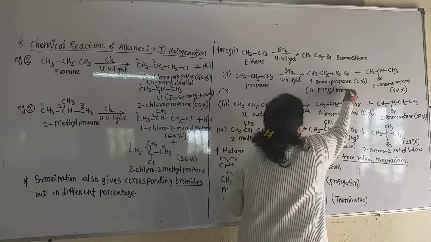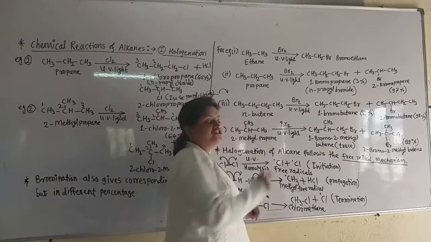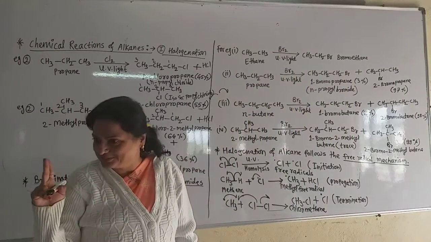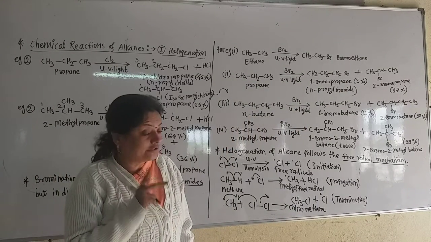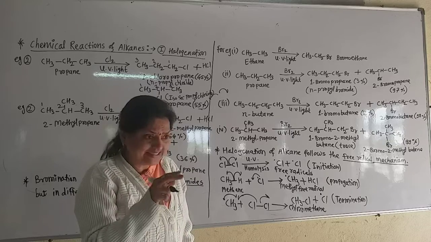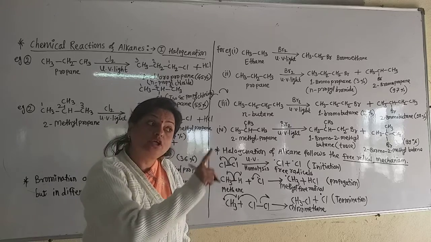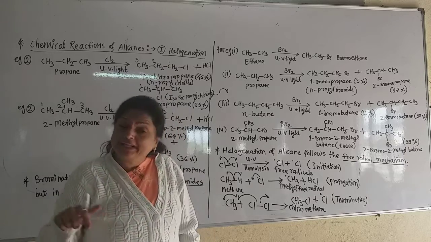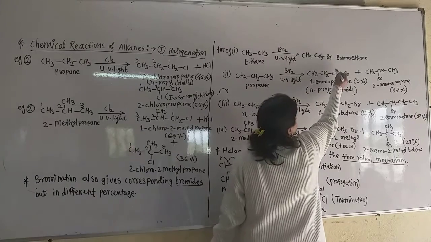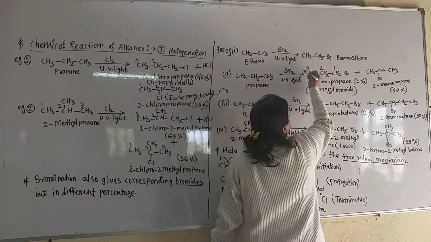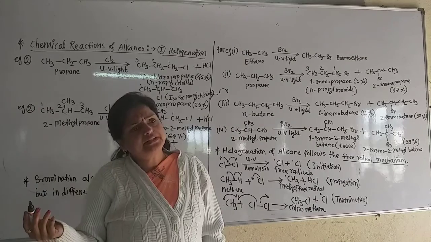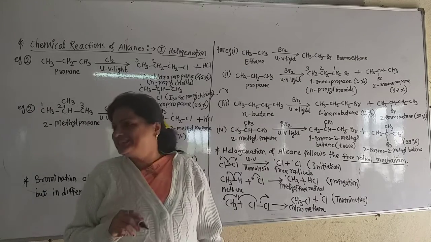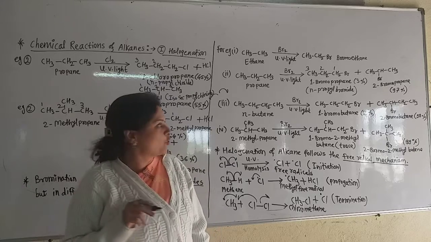This is the normal propyl bromide. Why is it the normal propyl bromide? Because it is a straight chain and the bromine is attached to such a carbon which has 2 hydrogen atoms. If there are 2 hydrogen atoms on the carbon and any halogen is attached to that carbon, then that is normal. Okay, so this is the normal propyl bromide. But in the IUPAC name, number from this side 1, 2, 3. So on the first carbon there is the bromine, so it is 1-bromopropane, and only 3% is formed. This is the straight chain bromide.